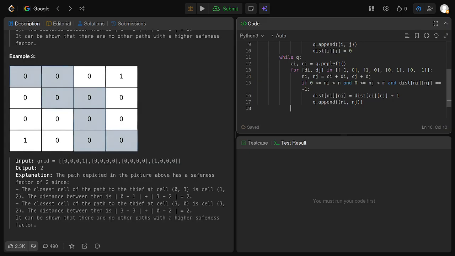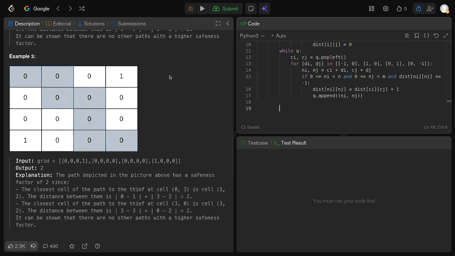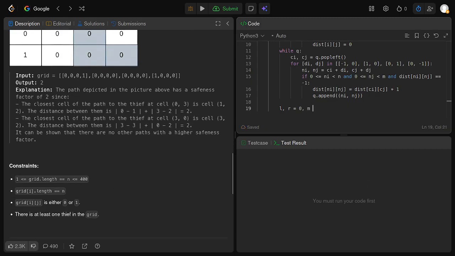And then what we do after we have distances to everywhere, so then we do binary search on the answer, which can be at most n plus n,